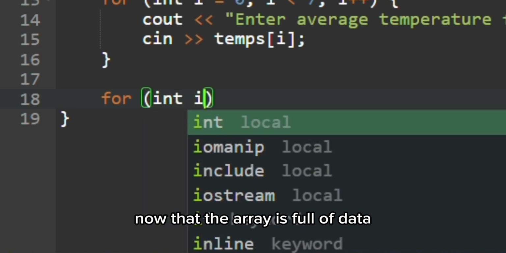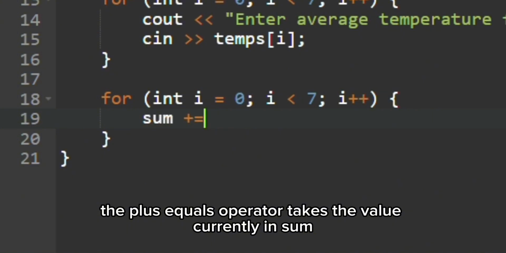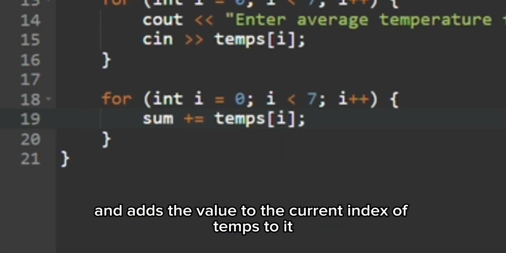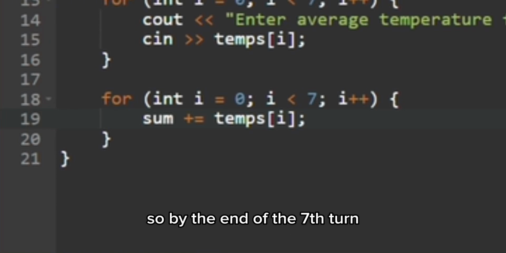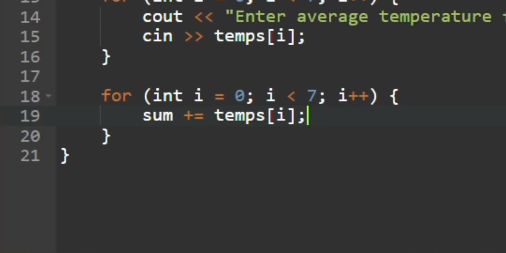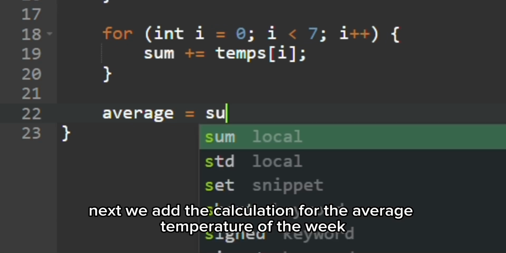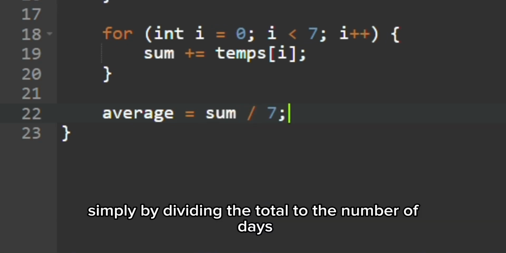Now that the array is full of data, we need to sum it all up by adding a second loop. The plus equals operator takes the value currently in sum and adds the value of the current index of temps to it. So by the end of the 7th turn, we have the total of all temperatures. Next, we add the calculation for the average temperature of the week, simply by dividing the total by the number